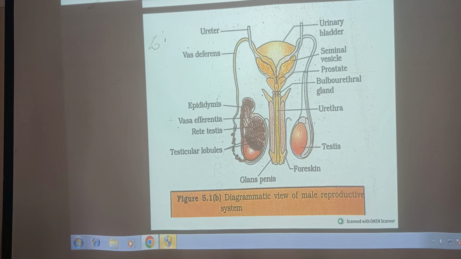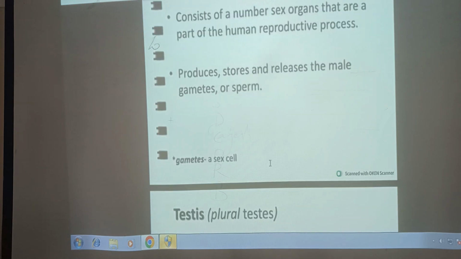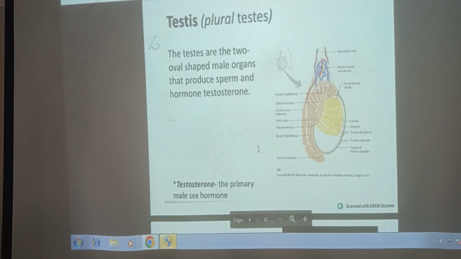First, the testes. The male reproductive system consists of a number of sex organs that are a part of the human reproductive process. It produces, stores and releases the male gametes or sperm. This is the male reproductive system. First of all, the testes. The testes are a pair of oval, pinkish male primary sex organs suspended outside of the abdominal cavity